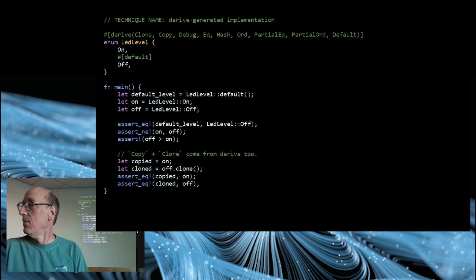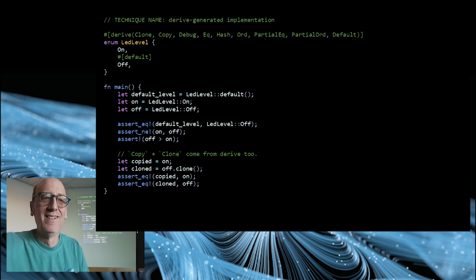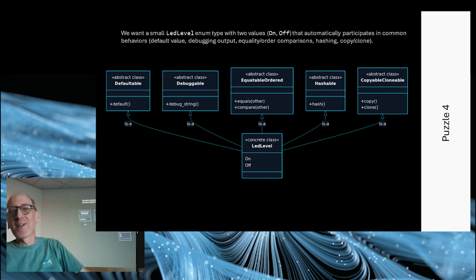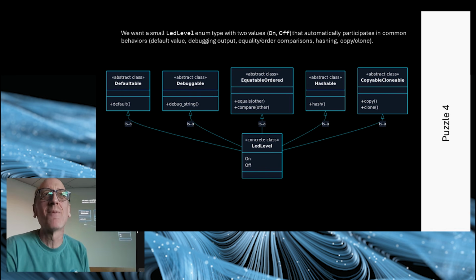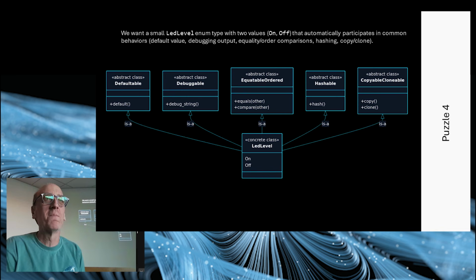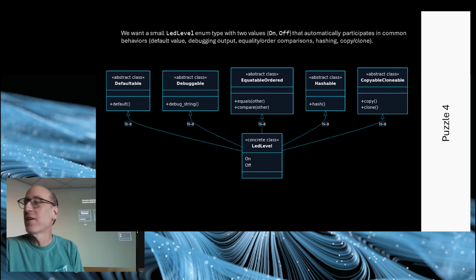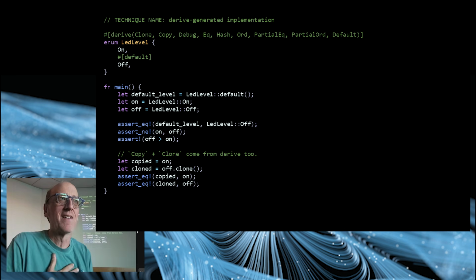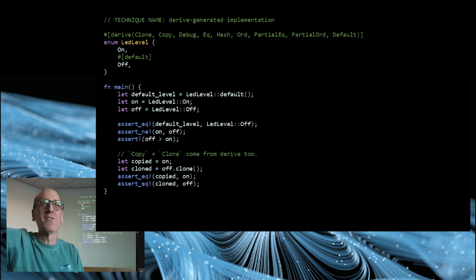Question, Carl. Yes, Brad. Why do you think of derive, clone, copy, debug, etc. as inheritance? Can you expand on that a little? Well, look at this slide. If you were coming from C++ and said, I want this thing to be a mix-in of all these types, I want it to be a mix-in of the hashable supertype, then this is the way you would think about it. I think it's a good point, though, that just because I have a tendency to think of things in terms of these hierarchies because of my background,